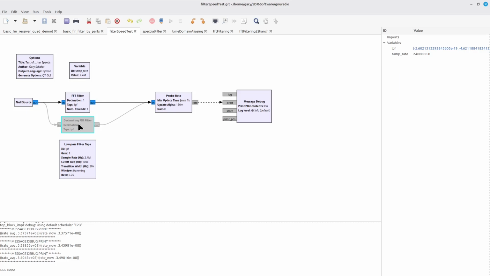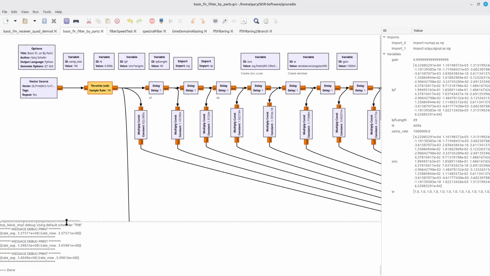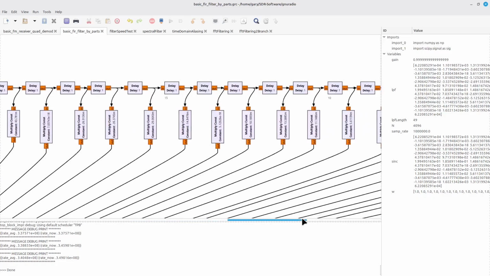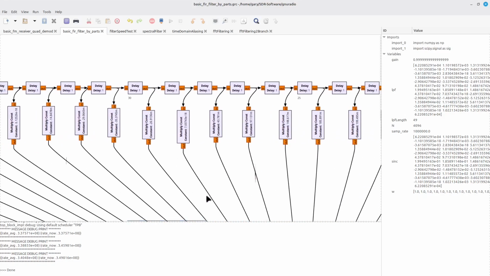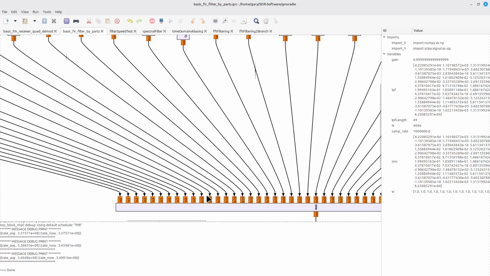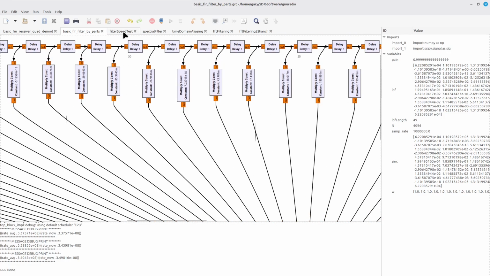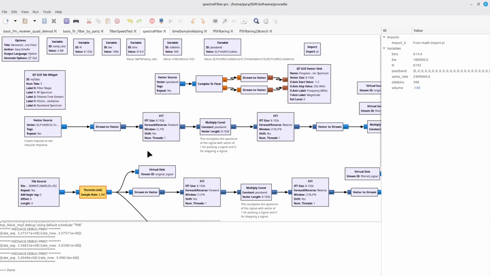That said, it's not straightforward how you actually implement this particular type of filter. Again, with the time domain version, you just have a bunch of delays and multiply constants and throw them onto an add, and as the Brits would say, Bob's your uncle, and you're done. If you try to do straightforward filtering in the frequency domain, it doesn't work out as well. Let me explain what I mean by that.